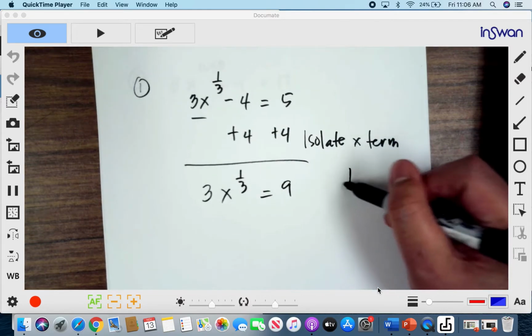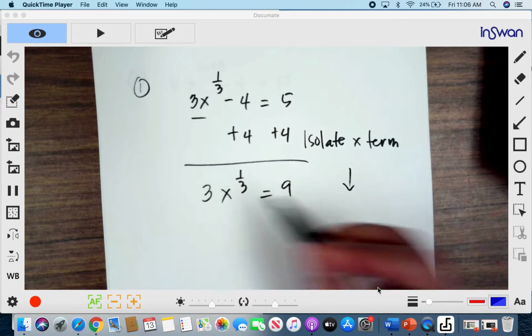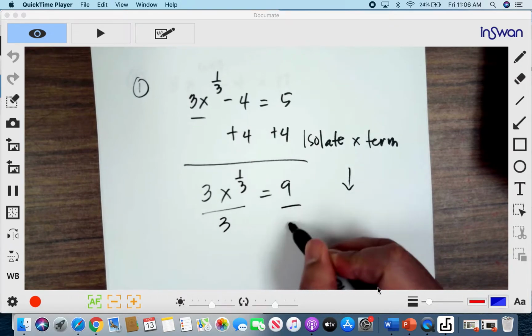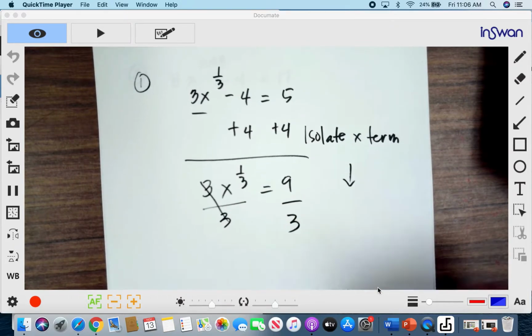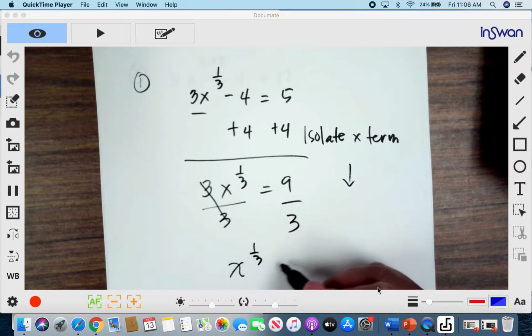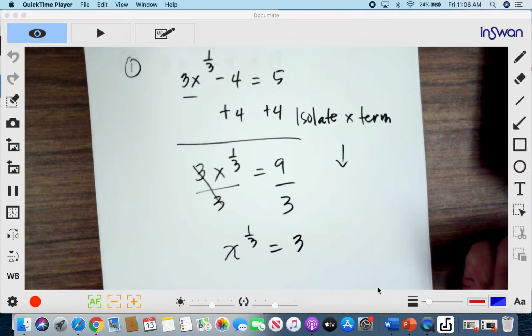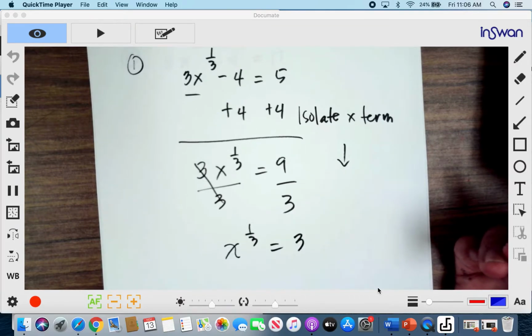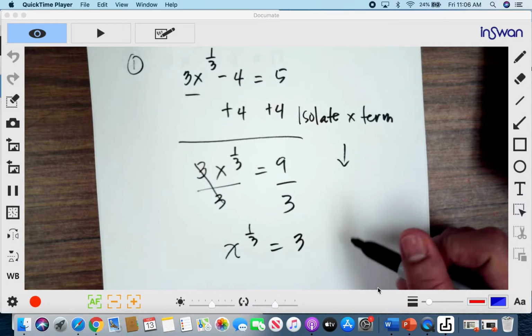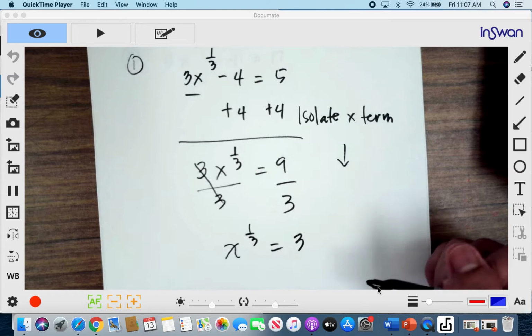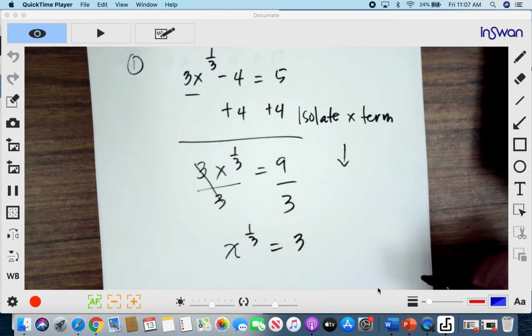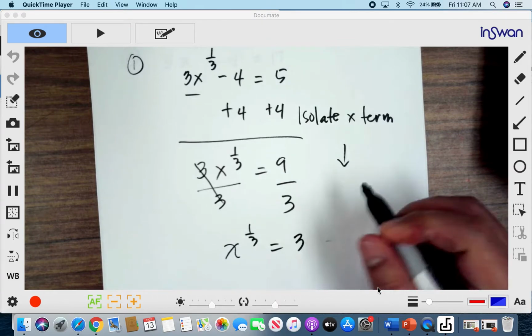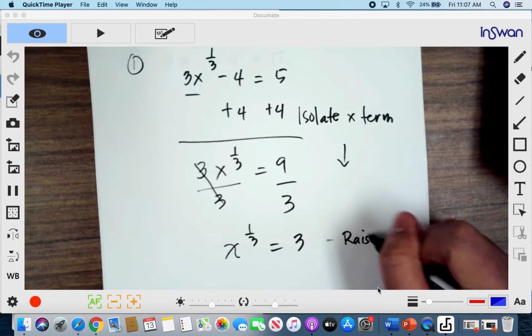And since we are still in the process of isolating x, there's still a 3 in here, so we will need to divide by 3. Okay, so you have now x raised to 1/3 is equal to 3. And when x is already isolated and by itself, nothing else except x and its exponent, what we need to do now is to take the exponent of each side of your equation to the reciprocal of your exponent. So you need to raise the whole equation